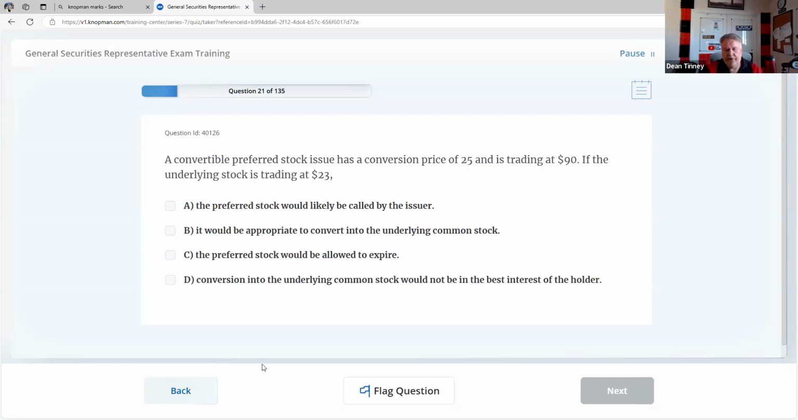A convertible preferred stock has a conversion price of 25 and is trading at 90. If the underlying stock is trading at 23,